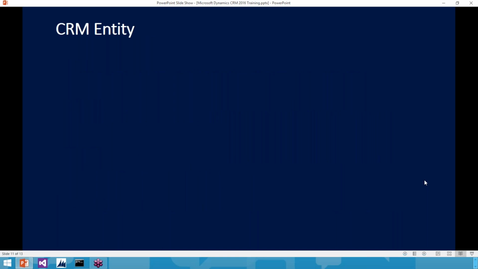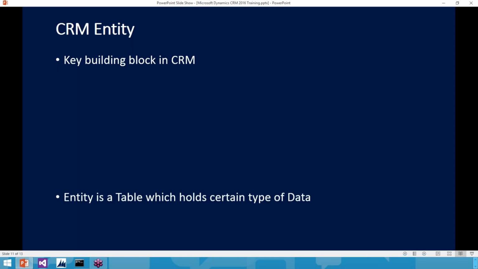All right. So the very basic thing that you have to know in CRM is CRM entity. So what is a CRM entity? CRM entity is the key building block in CRM. Without this CRM entity, there is no CRM system. In fact, there is no application without an entity. Basically, an entity is a table